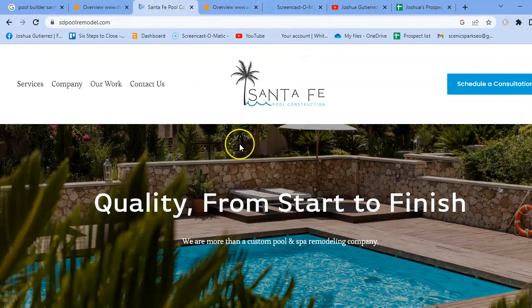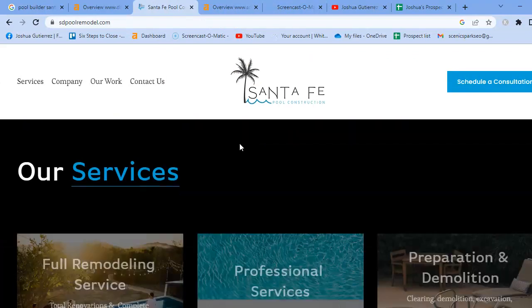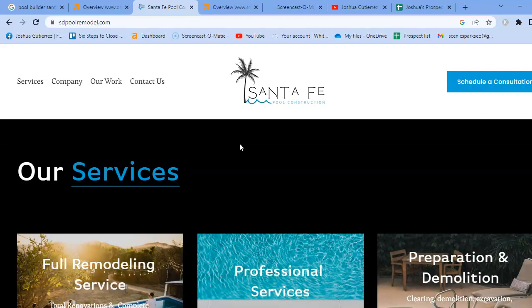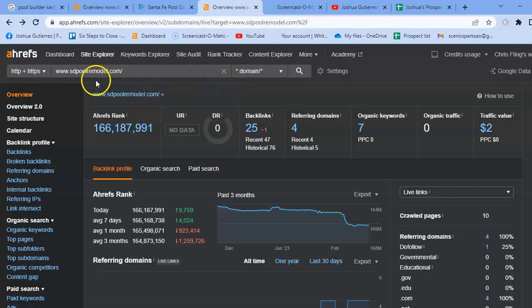So right here is your competitor, so these are the people that we want to beat. They are in the sixth position, and as you can tell, I plugged them into Ahrefs as well, and they have no power right here, or no trusted points for their website. So we can easily beat these guys. They have 7 organics. All we've got to do is put 10 in there and we can beat them. So that pretty much sums up the content of what we're discussing.